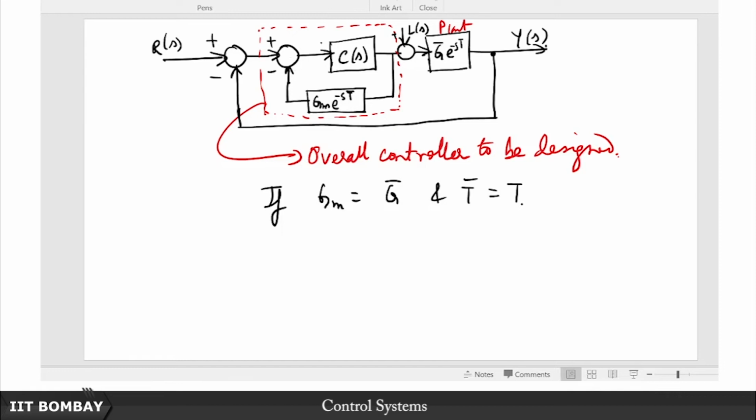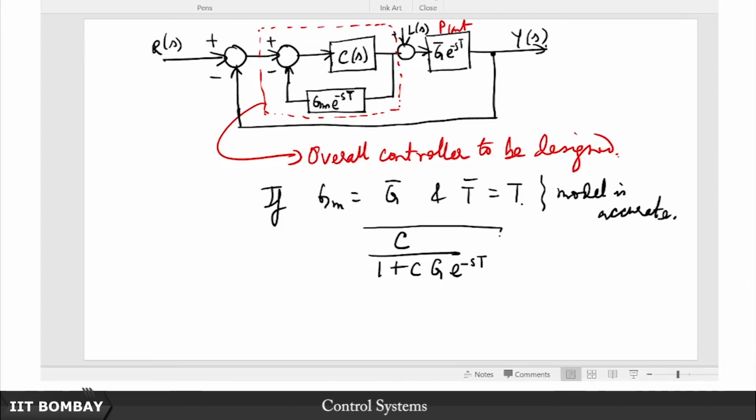Because this part I know is in a standard feedback configuration, so this is basically nothing but C upon 1 plus C GM e to the minus, okay, let me get rid of the GM, just call it G bar, because now I am using the fact that the model is accurate. So it is C e to the power minus sT. So this is now my overall controller,